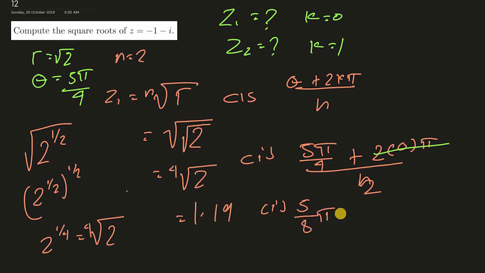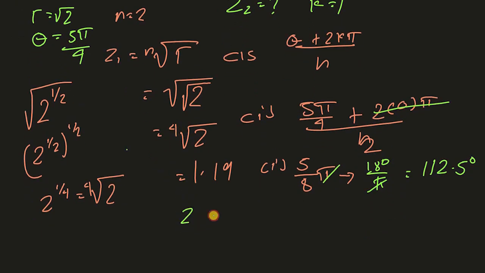Since gusto ko nasa polar siya, kasi mas simpler sa tignan, mas madaling express. I-multiply ko lang yan sa 180 over pi, cancel pi, cancel pi. 180 divided by 8, times 5. Ang answer po dyan is 112.5 degrees. So, for the value of our z sub 1 natin is equals to 1.19 angle 112.5